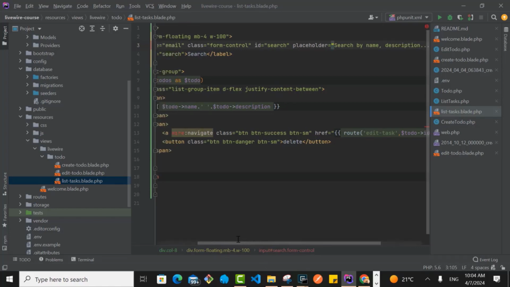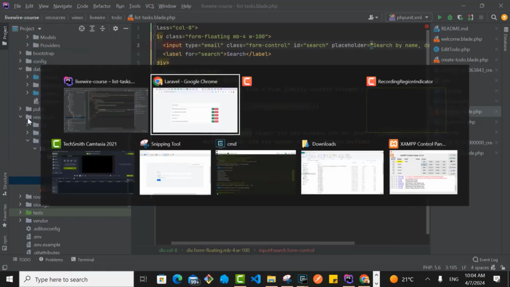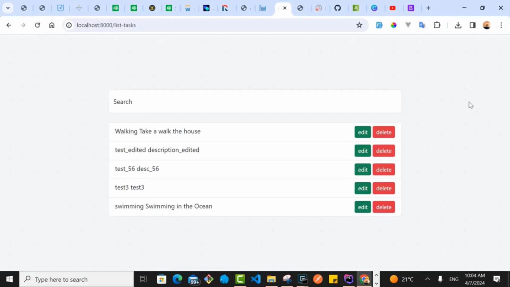And then from control, yeah, let's do a save and see this. Let's go back, let us refresh this. Yeah, that looks pretty much good. All right, for our search input for now, this is okay. We don't need something really complex. This is okay. So what we are going to do now is that